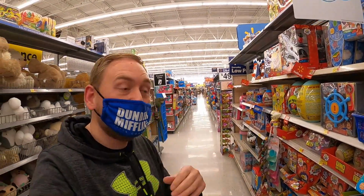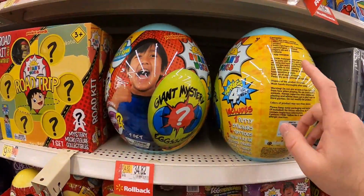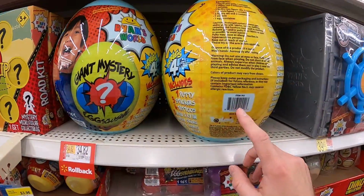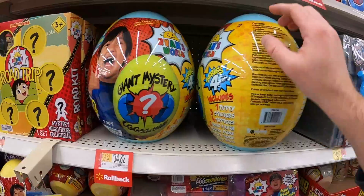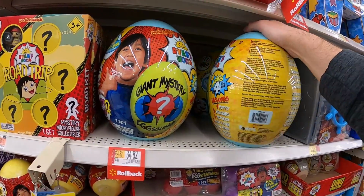I found another unmarked clearance thing. Check this out. These mystery eggs, I've found these at other stores. These are not marked here, but when I scan with the Walmart app, they are 17 bucks. I'm gonna grab these. They're going for like 60 on FBA. Might just hold on to these until next year,